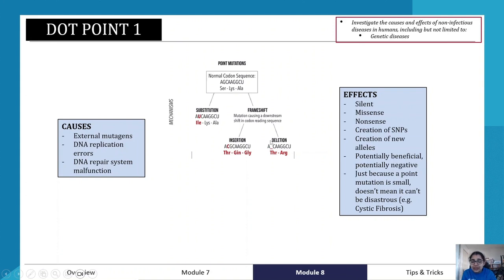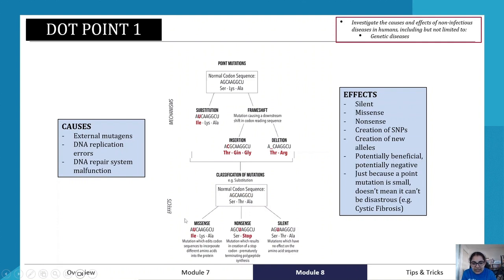Deletion is when we are deleting a certain codon, and that is then going to cause, again, a differing amino acid. And the effects are missense, nonsense, and silent. So missense is when, as we can see here, from the substitution, there is going to be obviously editing to that codon, and it will cause a different codon to be